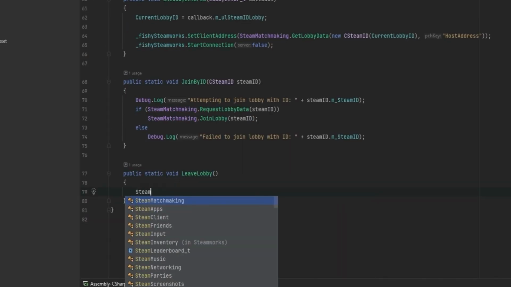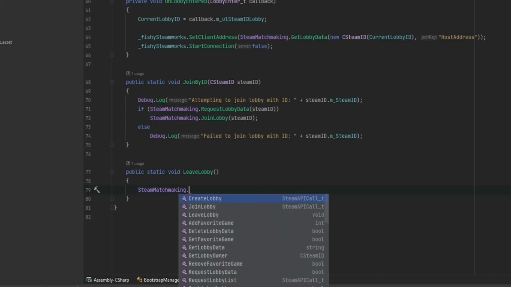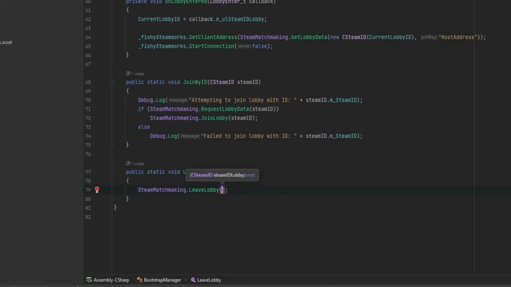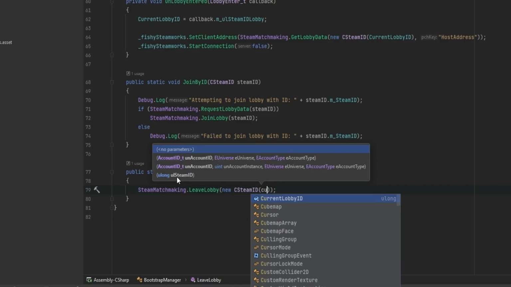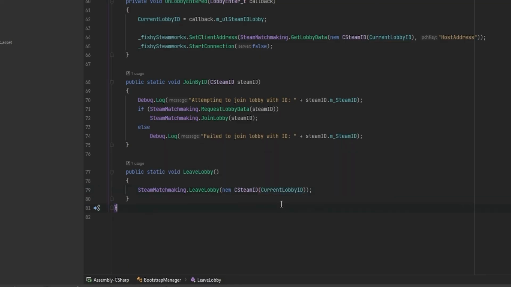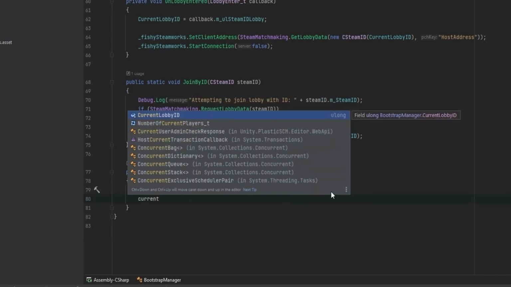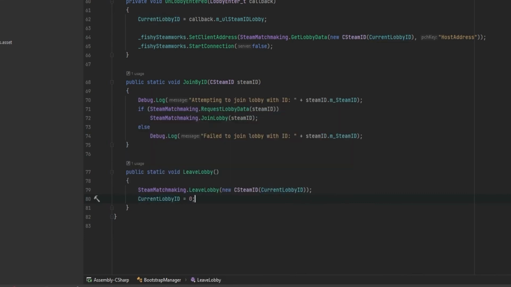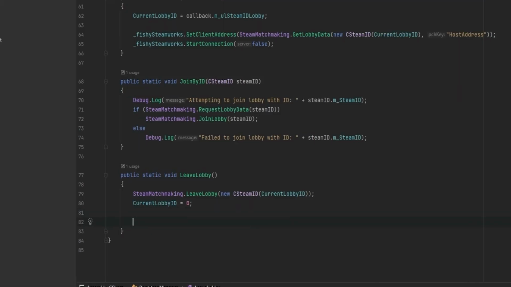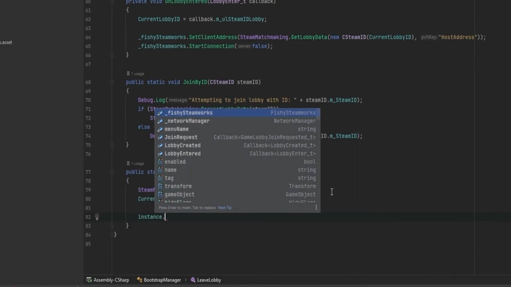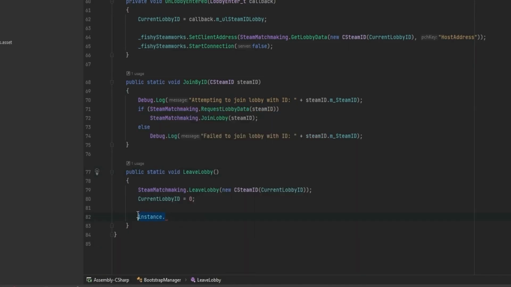First of all, we of course want it to leave the lobby in Steam, so we can grab SteamMatchmaking.LeaveLobby, and we want to convert it into a CSteamID again, which was our current lobby ID. So now we're just telling it what lobby we want to leave. It should be our current lobby, and for good measure, just to make sure that we're not holding data that we shouldn't, we can say current lobby ID equals 0, just to remove any information about the old lobby we were in. And then the last thing that we want to do is just stop the FishNet connection. So we can grab the instance, because right now, keep in mind, we're in static, so that's why we need to grab the instance